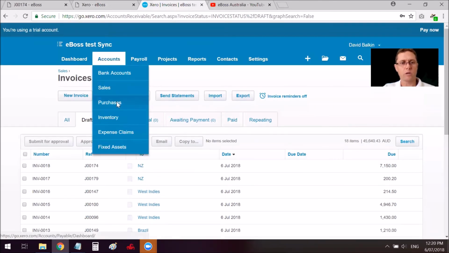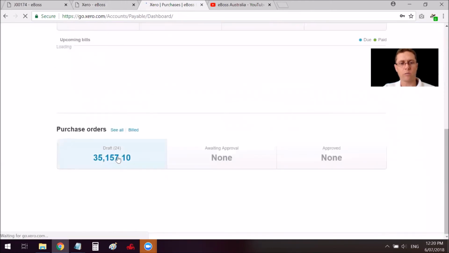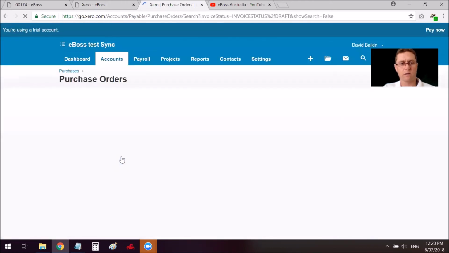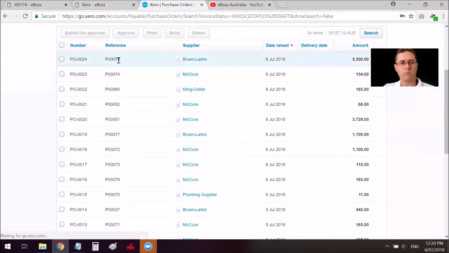Same goes for purchase orders. We can see the purchase orders come through as a draft. You've got the eBoss reference with the purchase order number, the supplier, the date,